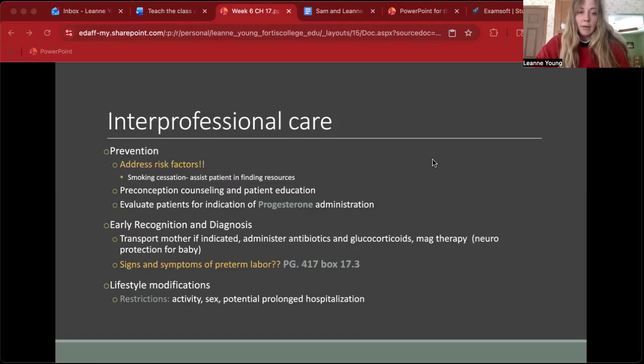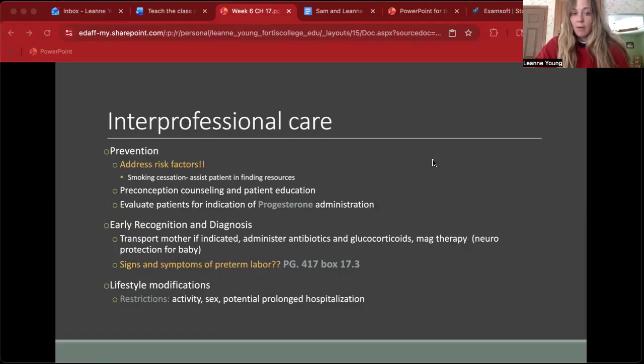So, like we said, another thing that we need to do is we need to have early recognition and diagnosis. So we need to transfer that mom if it's indicated. If a mom comes into a labor and delivery unit and she is 28 weeks gestation, she is just now into her third trimester. She is laboring, she's contracting, she's dilated to 5 centimeters, and you're at a small hospital that has no resources. We need to get a NICU team there because she's not going to be stable enough